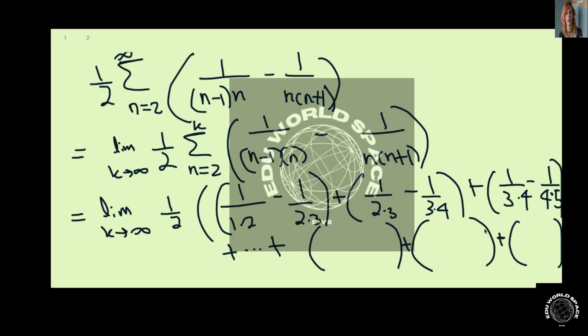So the very last term, when you plug in k, is 1 over k minus 1 times k minus 1 over k times k plus 1. Before that, you would have plugged in k minus 1, and before that,